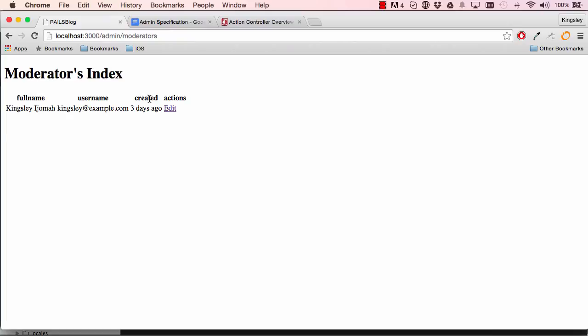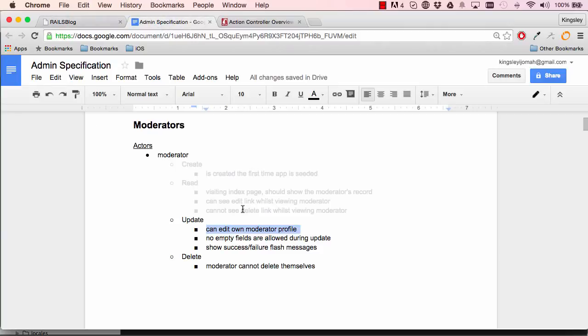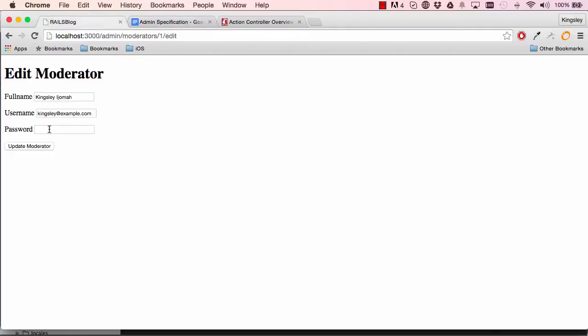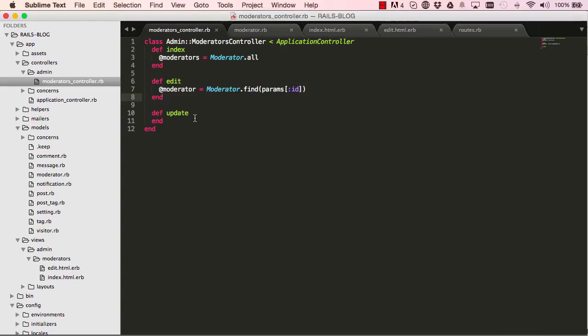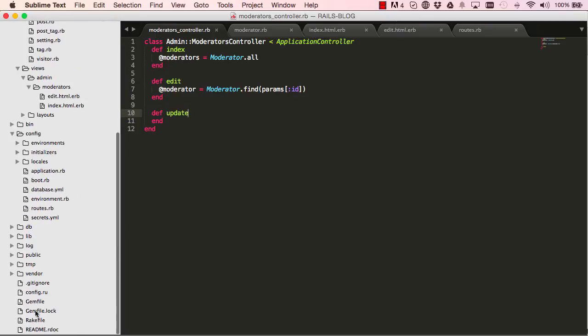In the previous lesson, we worked on the edit, which showed us the information from the database. So here we want to be able to edit the moderator's profile. What we want to do is send the information to the update method. But before that, if we go into our Gemfile,